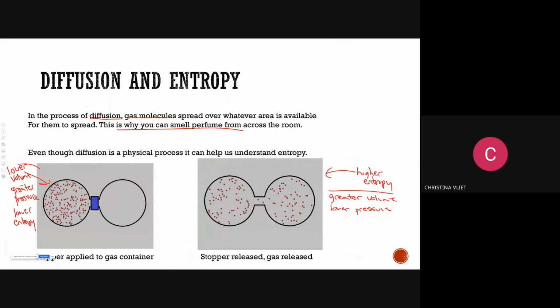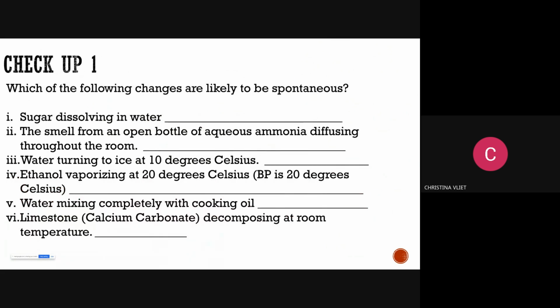All right, so checkup 1. Which reactions are likely to be spontaneous, meaning does it happen? First one, sugar dissolving in water. Is that a relatively easy process? Will that happen? Spontaneous. Now, what wouldn't be spontaneous? Silver chloride dissolves completely in water. We did a calculation a couple of weeks ago, 1.14 times 10 to the 14th decimeters cubed of water. Let's say we had 10 grams in 1 decimeter cubed of HCl. Is that going to all dissolve? No.